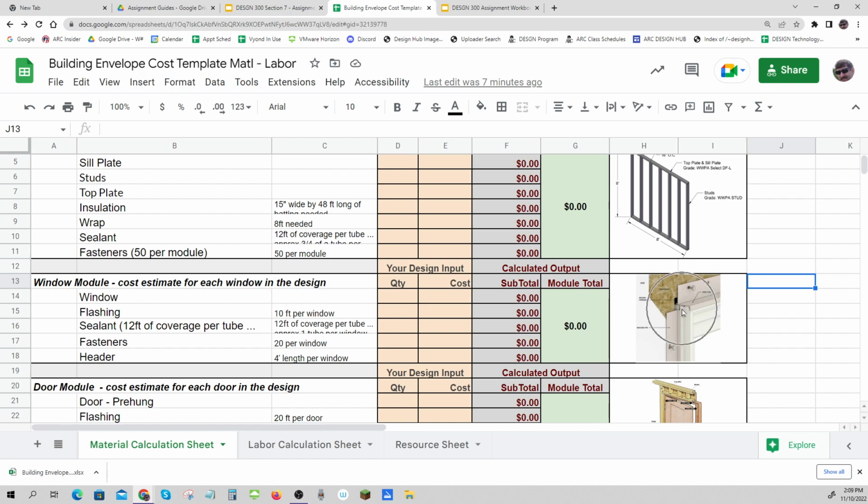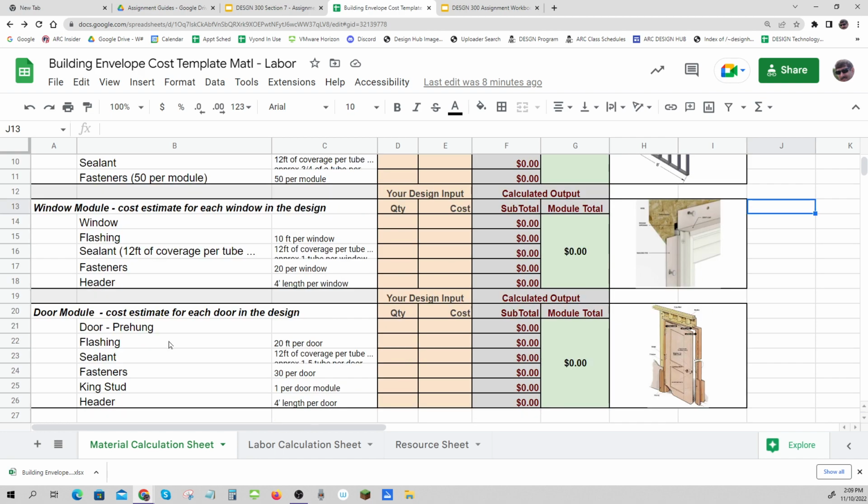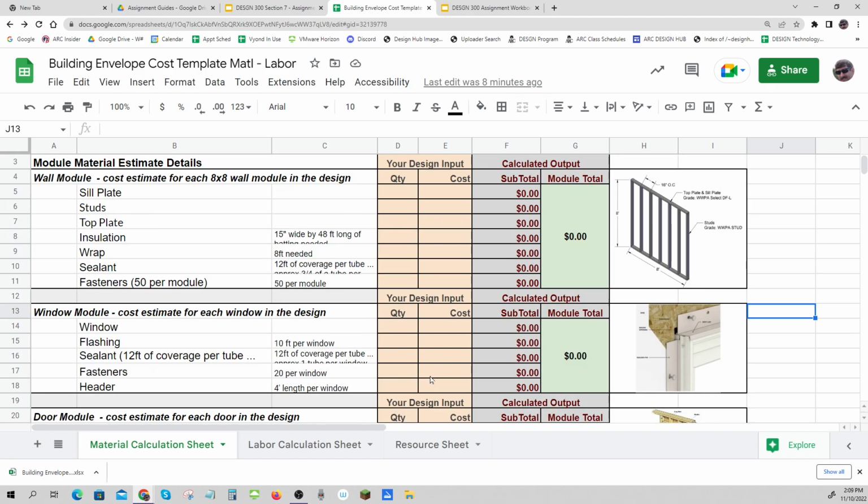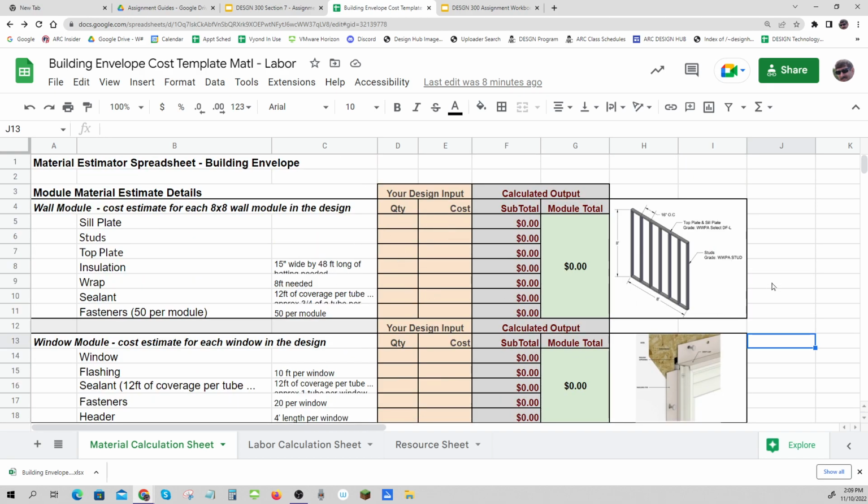A window module has the window. Flashing, that's some stuff that goes over the window and underneath the window so that water can't penetrate. There's some sealant, some fasteners, and again, there's a header. And then the same thing with a door. And I'm going to consider a pre-hung door because that's the easiest. And that will have flashing, sealant, fasteners, a king stud over on the right, on the hinge side, and a header. So those are the materials,